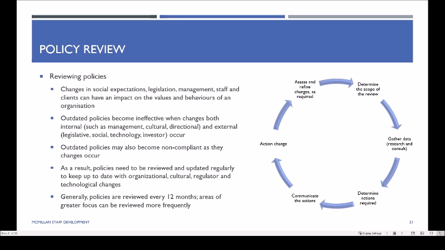So we have to constantly go back and review them. And the way that we do that is by making sure that when we do a policy, we have a review point in. And usually the review point is 12 months. In areas where there's greater volatility or change, we may make it shorter, 6 months. If it's a more stable area, we may make it 24 months. But usually the rule of thumb is policies to be reviewed every 12 months, to have a look, to analyze the data. Has it been doing its job? Has it been missing any key points? And do we need to make any adjustments as a result of that?